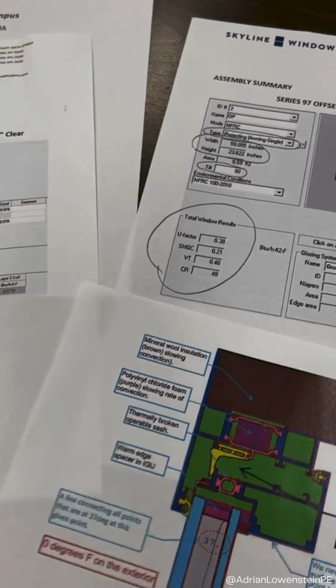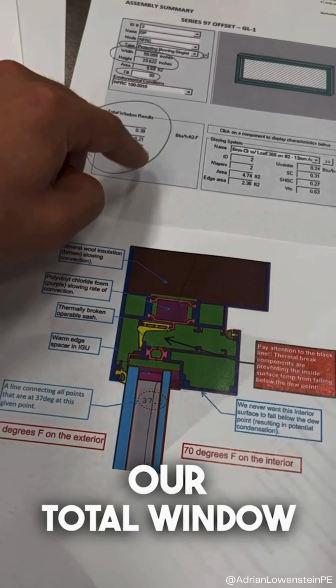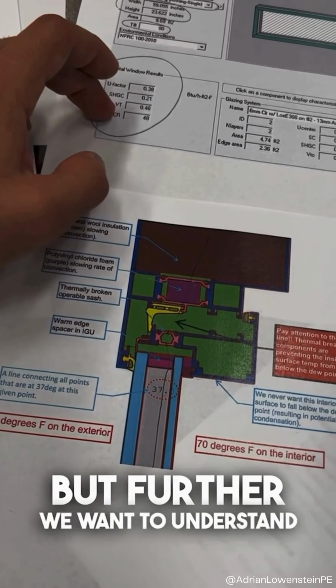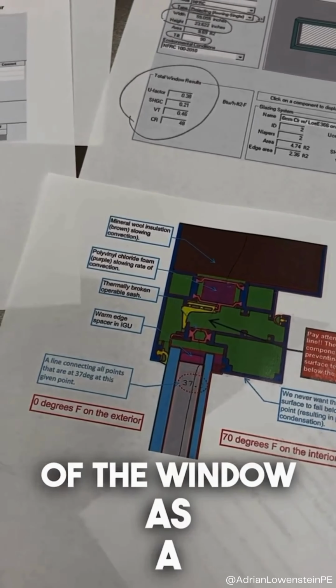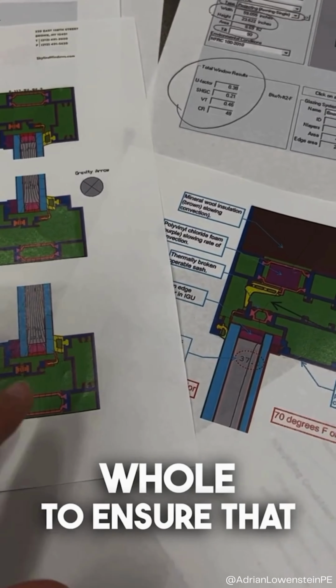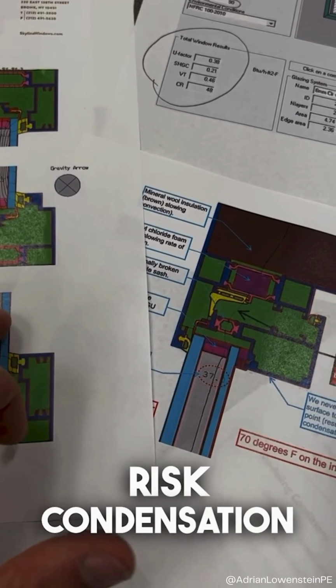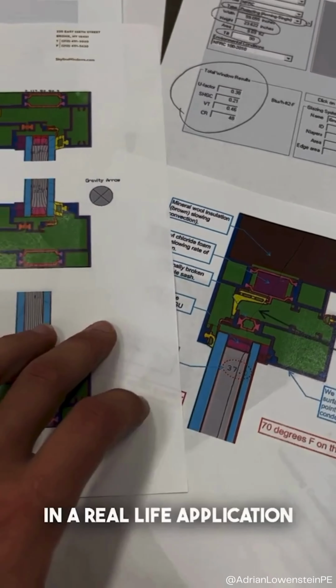So again, the objective here is to get our total window performance criteria to plug into our energy model, but further, we want to understand the performance of the window as a whole to ensure that we don't risk condensation on the interior part of the frame components in a real life